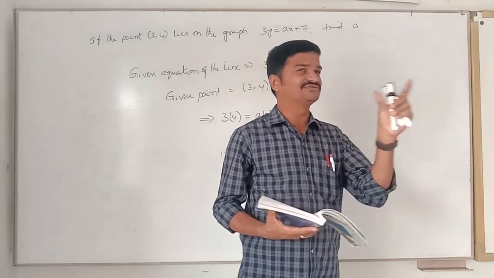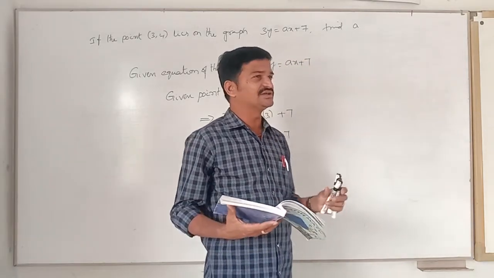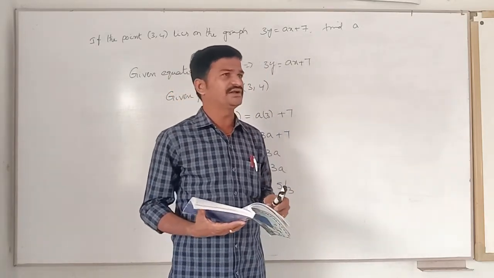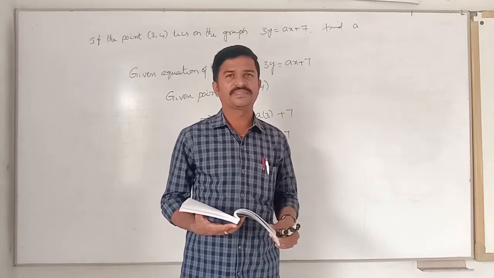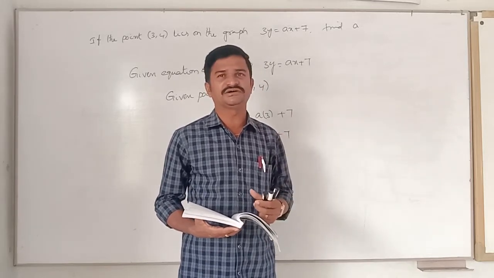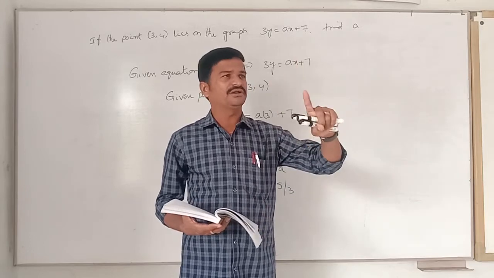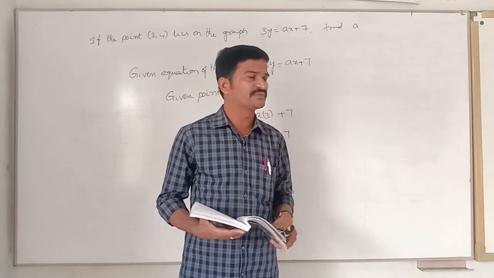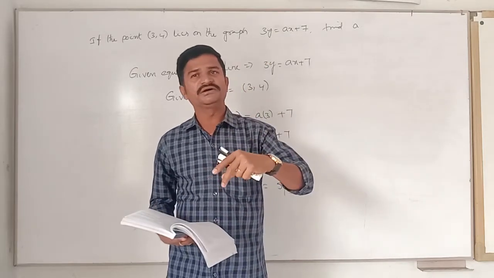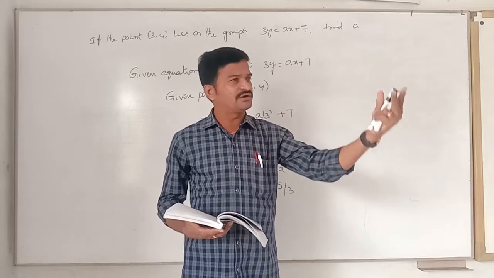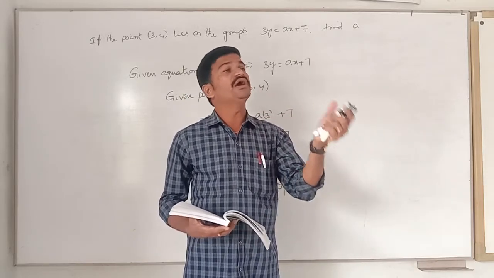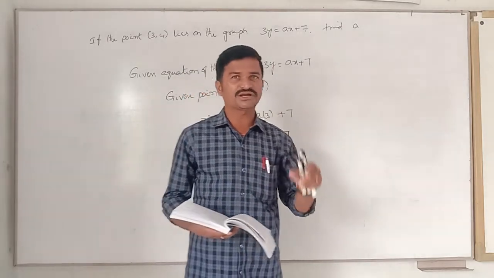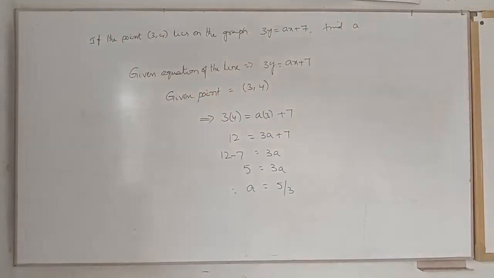See, here one situation is given. What is the given situation here? A taxi. We are hiring that taxi and we have to pay some charge. How is the taxi man collecting the charge here? For the first 1 kilometer, he charges a fixed charge, that is 8 rupees. After 1 kilometer, for however many kilometers you travel, we have to pay an additional 5 rupees per each kilometer. Have you understood the condition here?